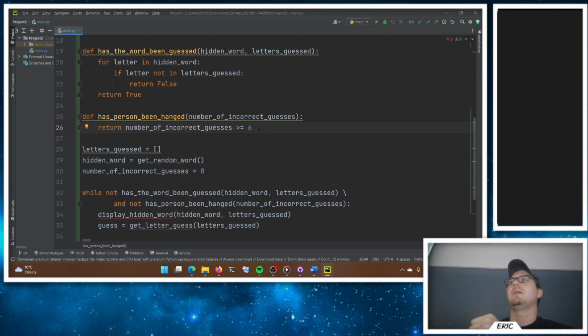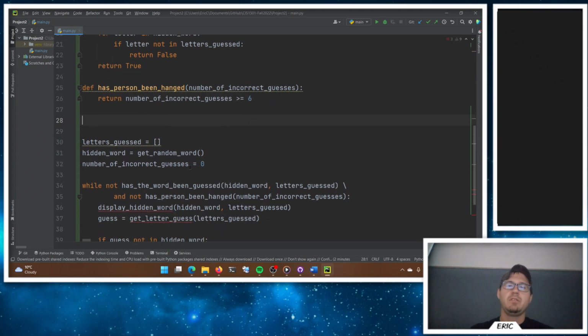This is a really weird game for children, I tell you. But sure, this is what it is. That's all this one tells me, whether or not I have this many incorrect guesses. Okay, to display the hidden word,